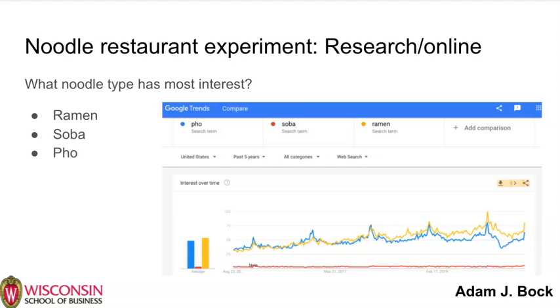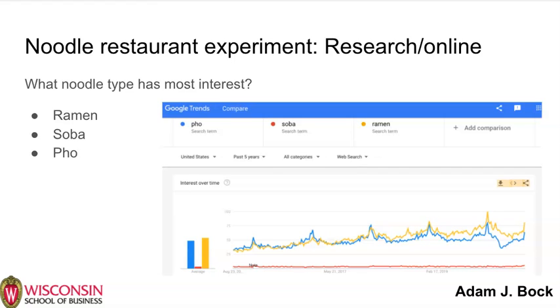Now, the numbers on the side are not an absolute number, they're relative numbers. They're simply a way for Google to give you an idea of how interest in these topics is changing over time. And so you might come to a couple of conclusions. The first conclusion is that soba is going to be a challenge. There's just not that many people in the United States searching for soba noodles. The second conclusion, that pho and ramen are actually not that far apart. But broadly speaking, in the United States, ramen is searched for more often.